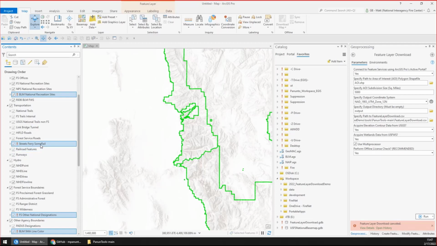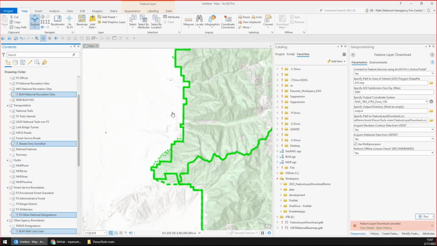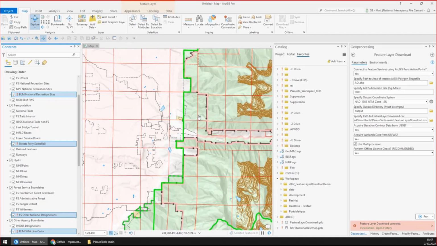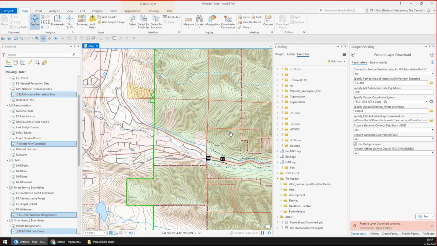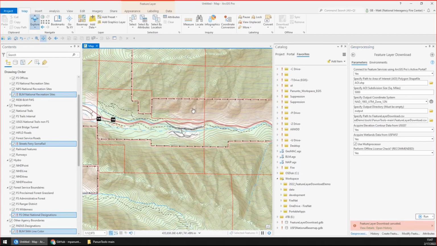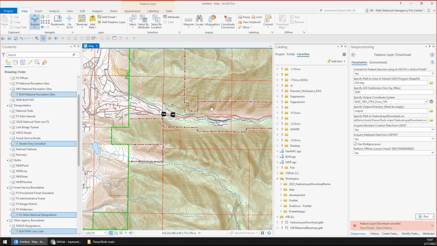But now with all the layers resourced to their corresponding feature classes, we now have ourselves the US Forest Service National Base Map for our area of interest, symbolized in the topo style. So I can zoom in here. You can see the layers start turning on. And yeah, it's got pretty standard topographic features: elevation contours, roads, rivers, PLSS, ownership, things like that. So that's pretty much it in a nutshell.